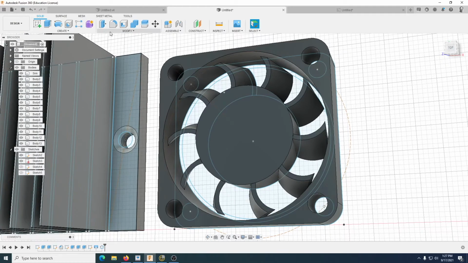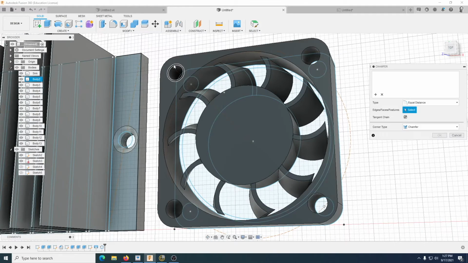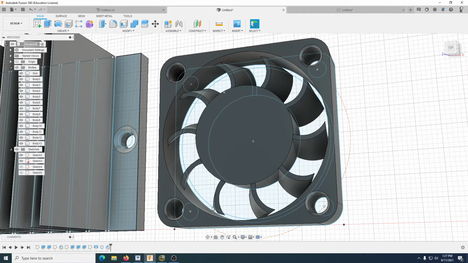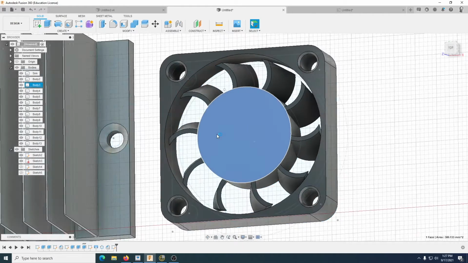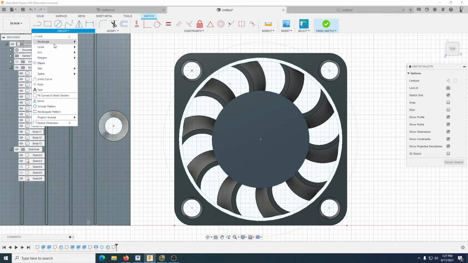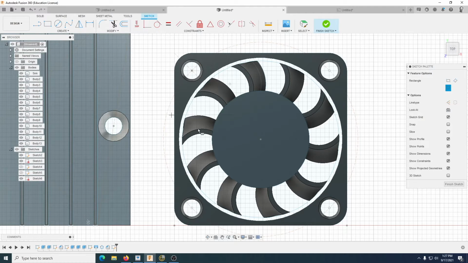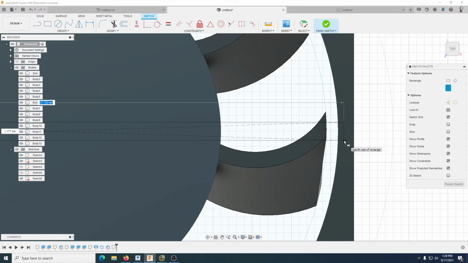Now again, we can chamfer these if we need to. So we're just going to modify, chamfer that one, that one, that one, and that one, and we'll just do a 0.5. And then we just need to draw a bar that goes all the way across, because obviously there's nothing holding that. So here again, right click or second click, create sketch, and we will go to center rectangle, find the center, and just draw a line through there. So let's give that 1.5